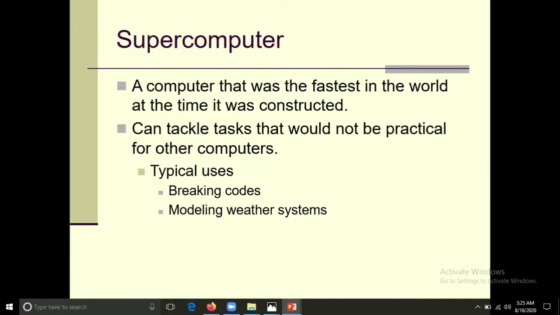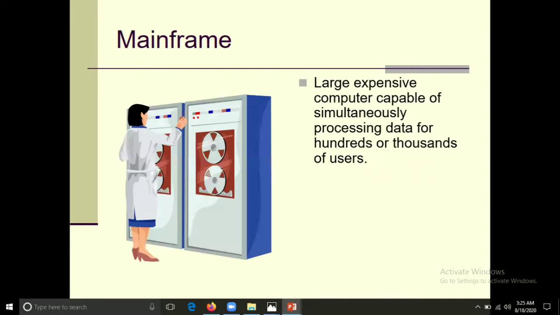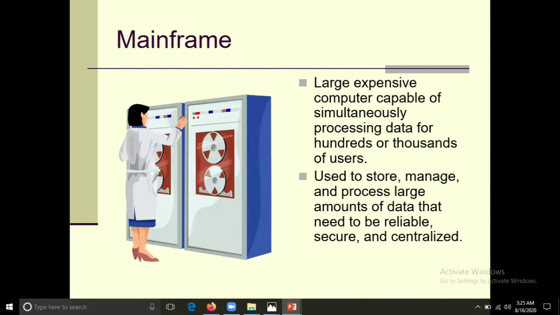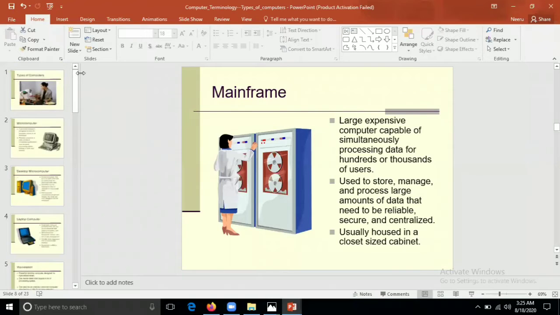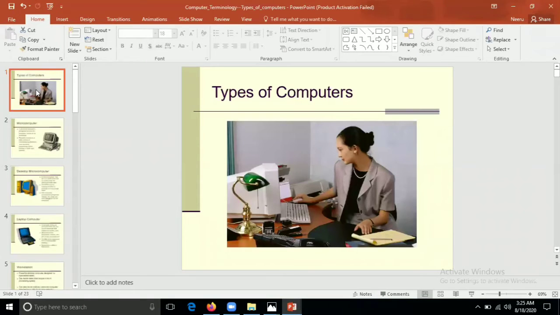Sometimes it is required to jump to another slide during the slideshow. So how can we do it? For example, we are on the third slide and we want to jump to the last slide. So we have to make a link so that we can jump to the last slide or any other slide. So how can we do it? By using the action button.